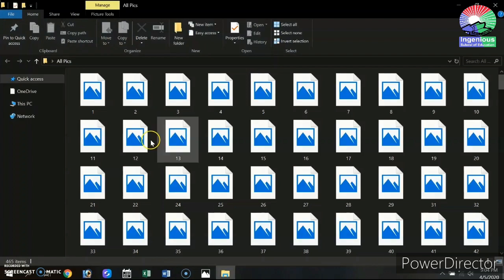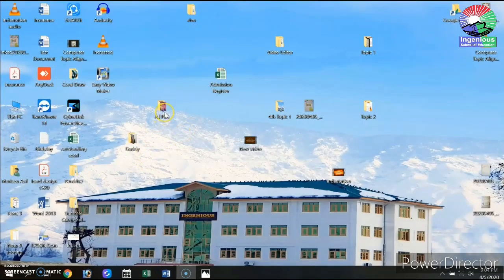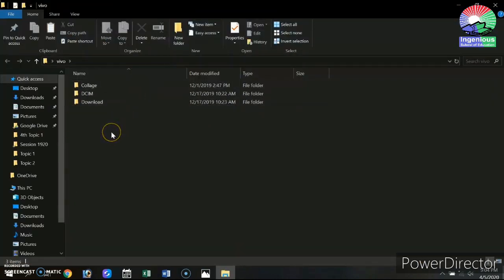Say, for example, this. So there are the images. These images are actually called the files. These are actually the photographs of the students, which we have organized in a single folder. So what this folder has done is help us arrange and organize the photographs of the students at a single place. In the same way, if I open this folder, see, there aren't any files in this folder, but